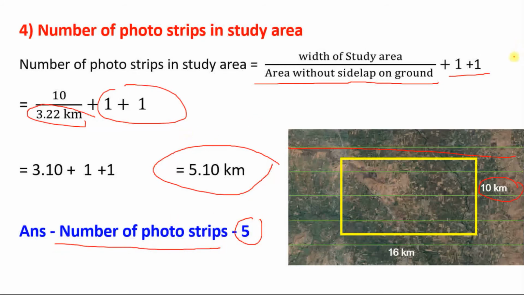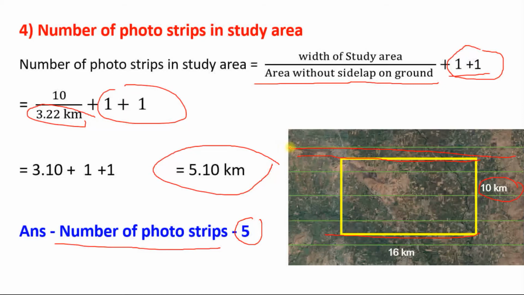So why do we consider plus 1 plus 1 here? Because when you start your survey of this area from this position and end your survey at this position, sometimes some natural incident, natural barriers or man-made things can disturb your flight line or flight direction, and some areas will be omitted or excluded from your survey.